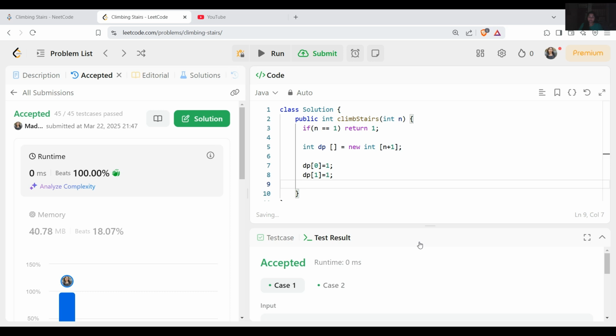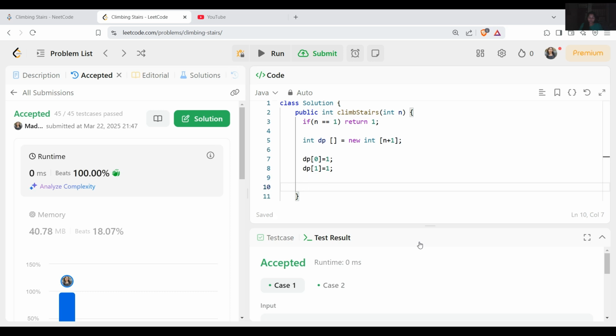Finally we have to fill the array. We will put in a loop, and since we have already done 0 and 1, we will start the loop from 2 only. So i will be equal to 2, and we'll keep the loop going till i is less than or equal to n, with i plus plus.